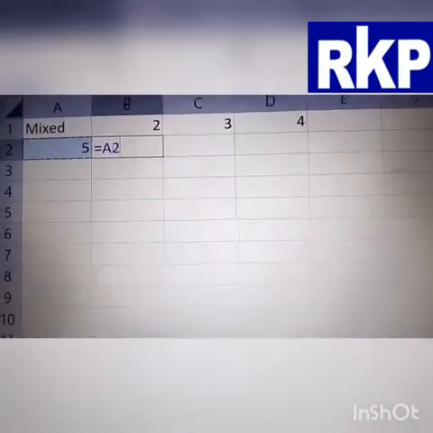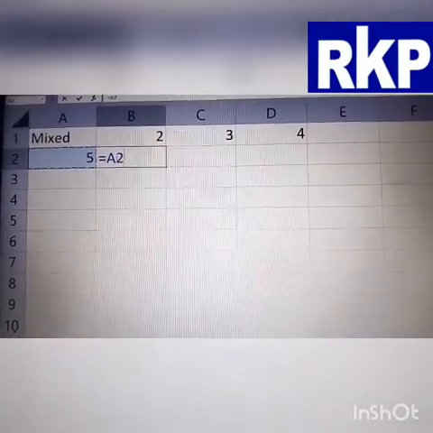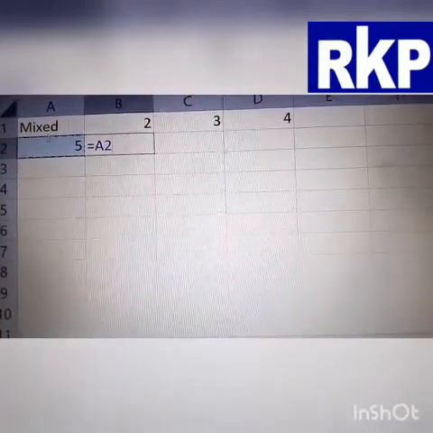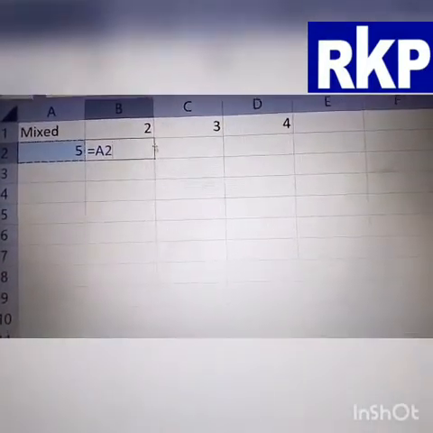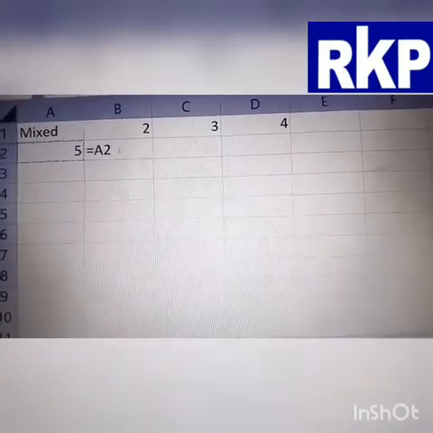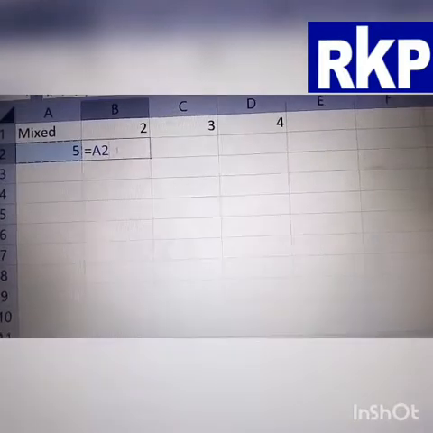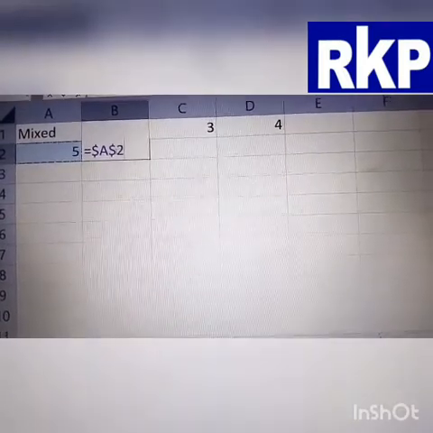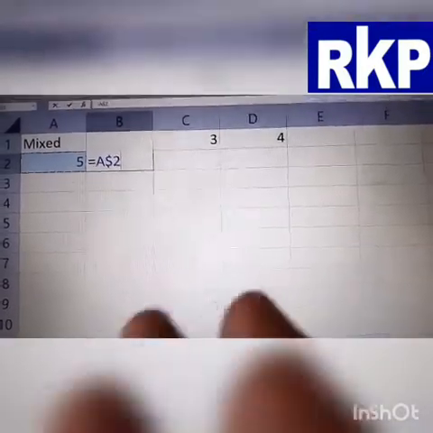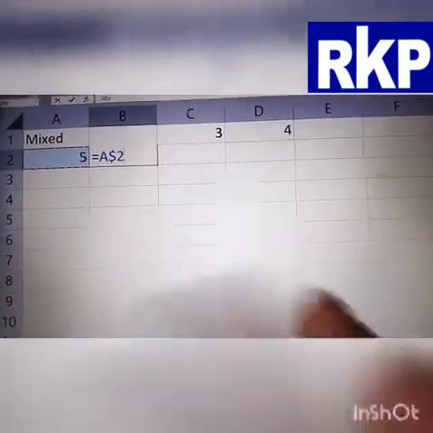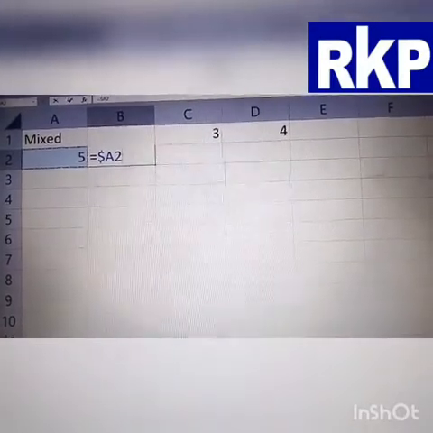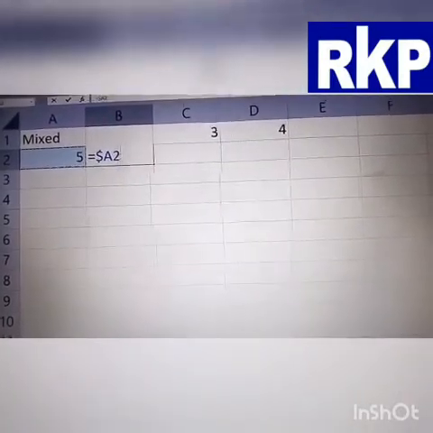For this I am telling you one shortcut key. You can press the F4 key. Select the cell and press F4. One time F4 will replace relative with fixed. The second time it will make the column relative and the row fixed. The third time it will make the column fixed and the row relative.